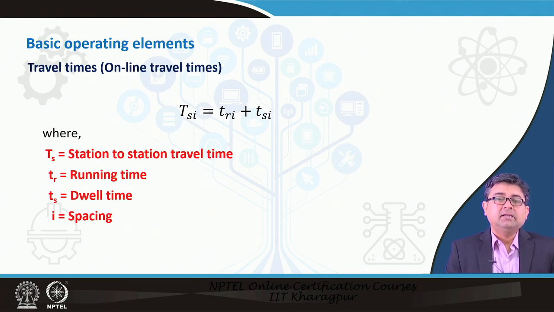Here, l represents the spacing of the stations along that line. So, depending on the spacing, these travel times differ. Okay. The spacings are not always uniform throughout a line. They may differ from an area which is densely populated, that may have very close stations spaced to each other, whereas an area which has less population density, the station spacings may be different. So, depending upon the spacings of the stations, the running time or the travel time differs.